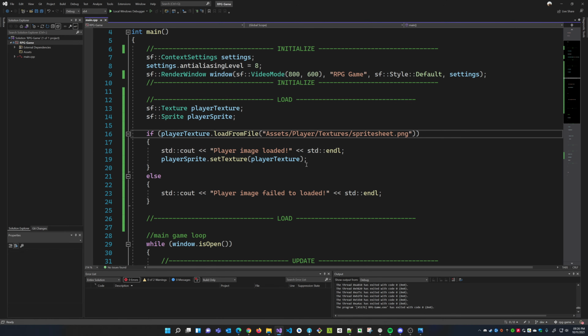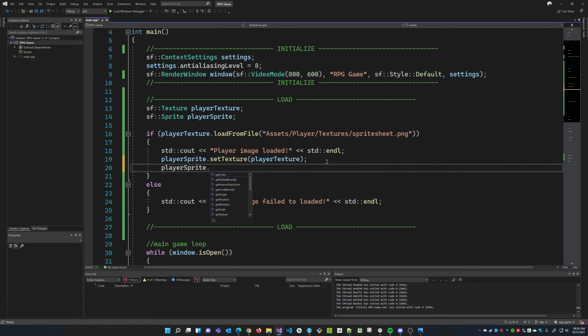Okay, so what we can do, and the cool thing is, after I load my texture and set my texture to my sprite, I can say dot setTextureRect. SetTextureRect is a function that basically allows you to put a rectangle where you want to draw in the texture.